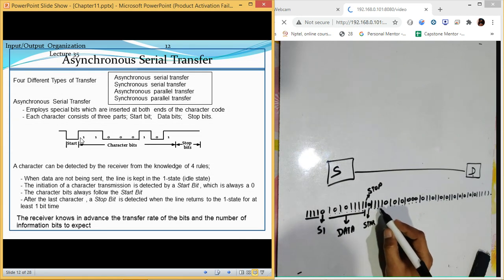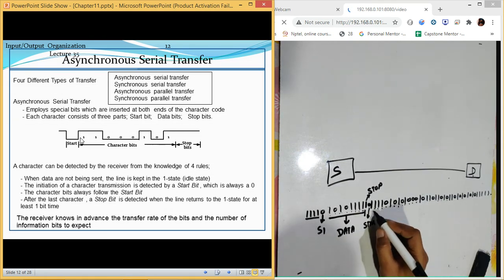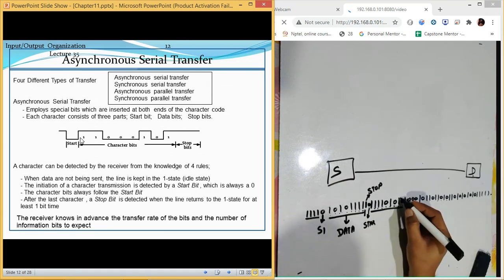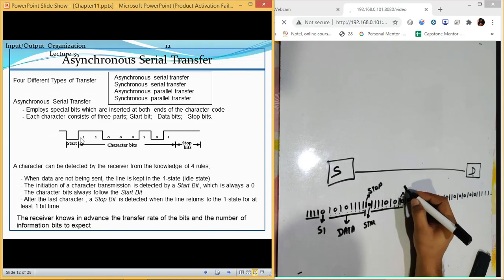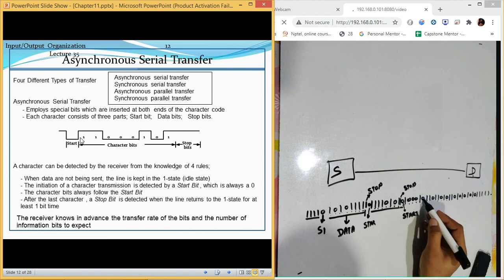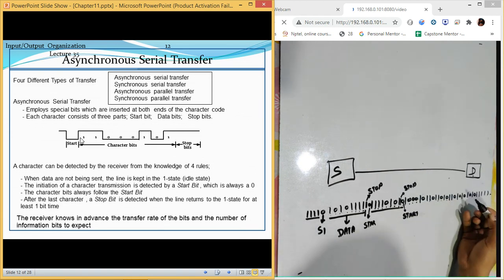Then 1, 2, 3, 4, 5, 6, 7, and 8. Again, 8 bits are there. Simply, if it is 1, then we can accept this is a stop bit. This is again a start bit. Then 1, 2, 3, 4, 5, 6, 7, and 8. So after 8, we can start in the same way.